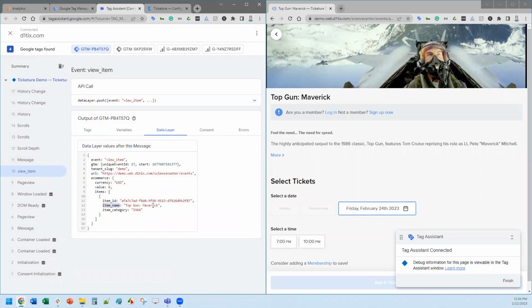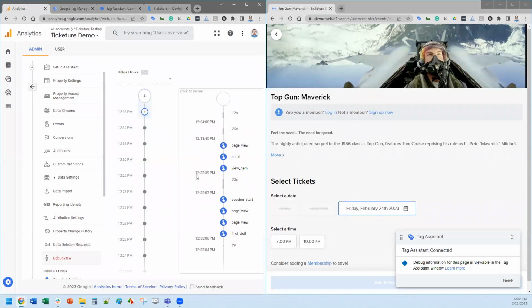The item name is the name of the event. The item category will be the event category. Once I start adding things into the basket, you'll get things like the ticket group name, the ticket type name, the price, all of those particular items. It's great to see that GTM is actually firing, but I can also pop over here to Google Analytics and it's also receiving.